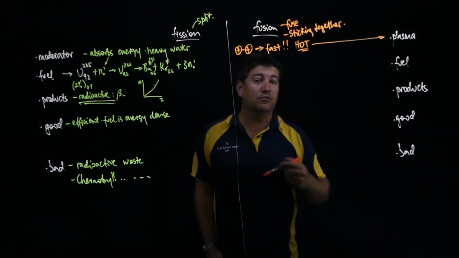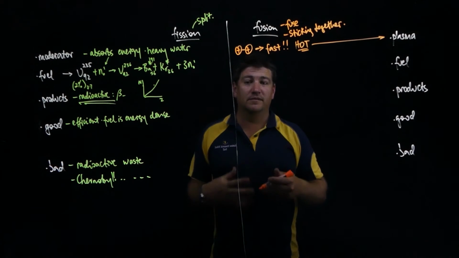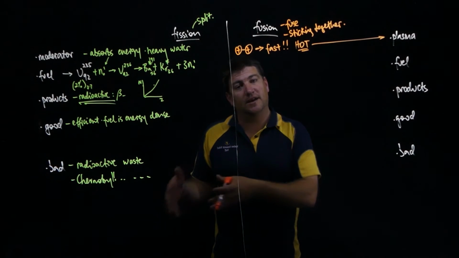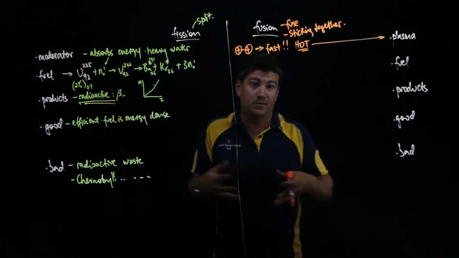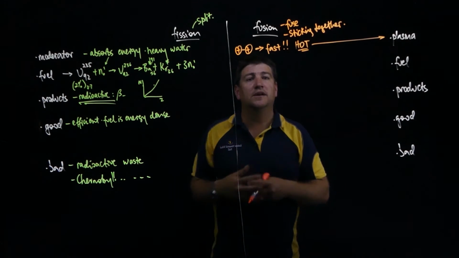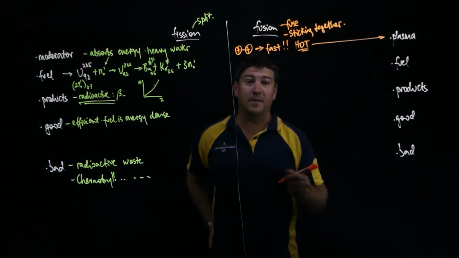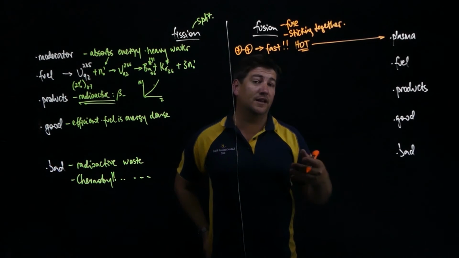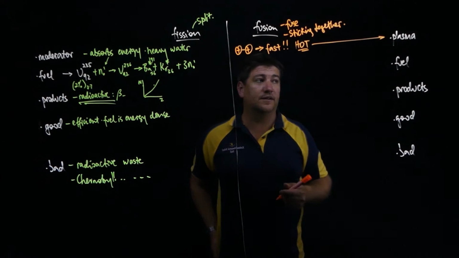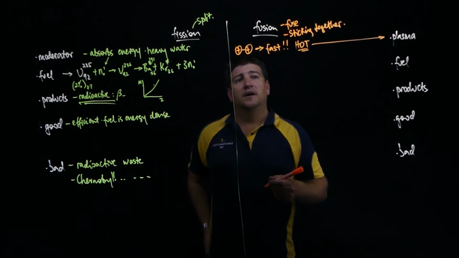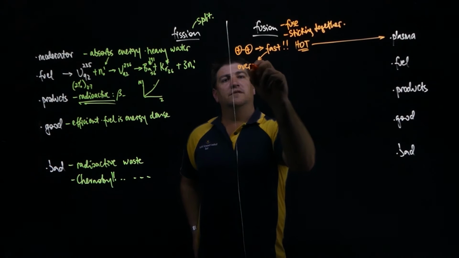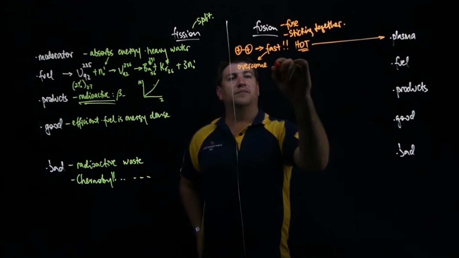These things are so incredibly hot, and they need that temperature, that heat, so they've got lots of kinetic energy so they can overcome those forces that are trying to repel them apart, and hopefully they've got enough energy left over to actually fuse. And when they fuse, their mass defect is positive, so they lose mass by fusing the small things together, and you get a whole bunch of energy out of it. So these things are going fast to overcome